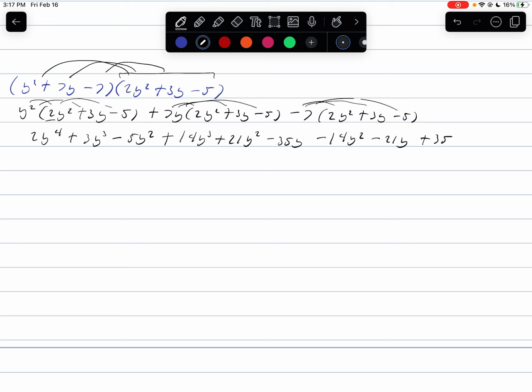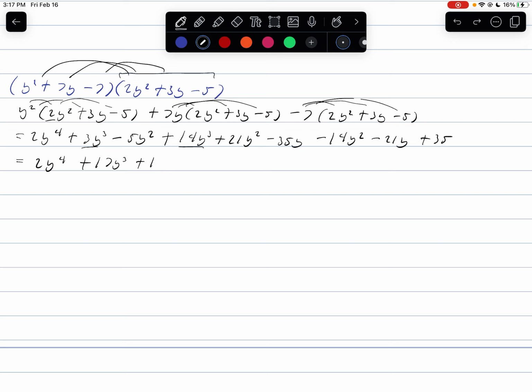And now we can combine like terms. So we only have one y to the fourth term. So this is going to give us 2y to the fourth. We have a y to the third term here and here. So 3y to the third and 14y to the third. So we'll have plus 17y to the third. Here we have minus 5y squared plus 21y squared. So that's going to give us,